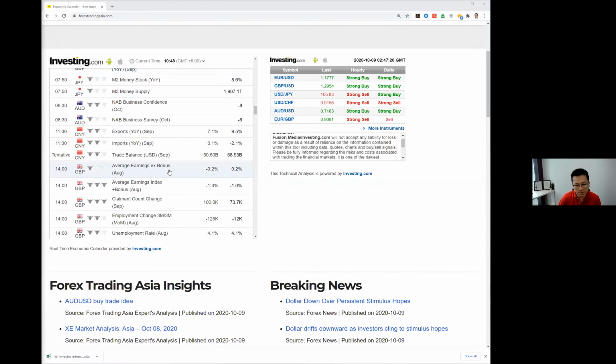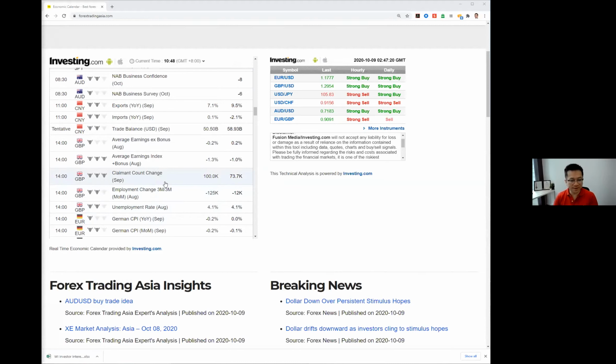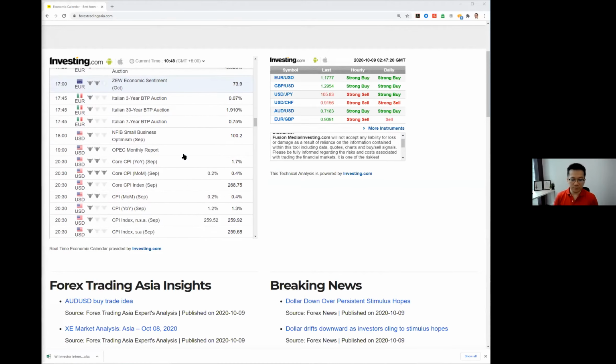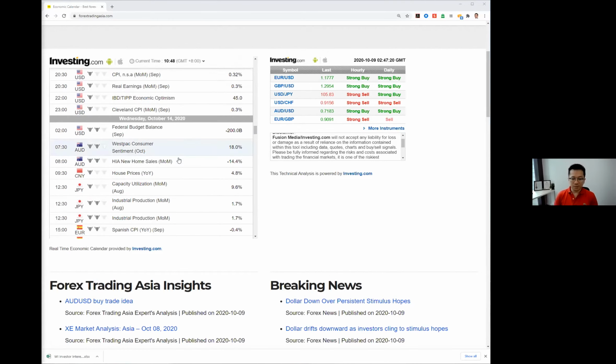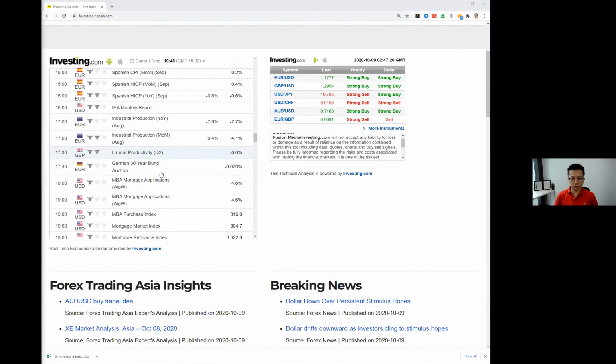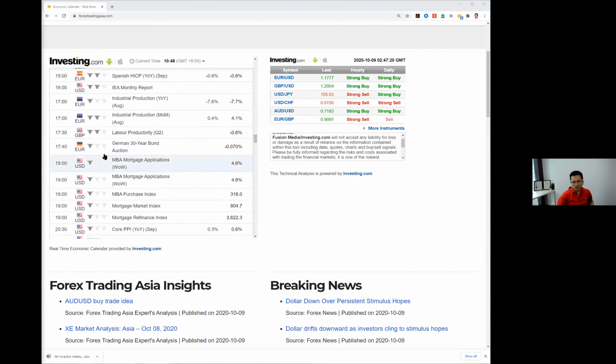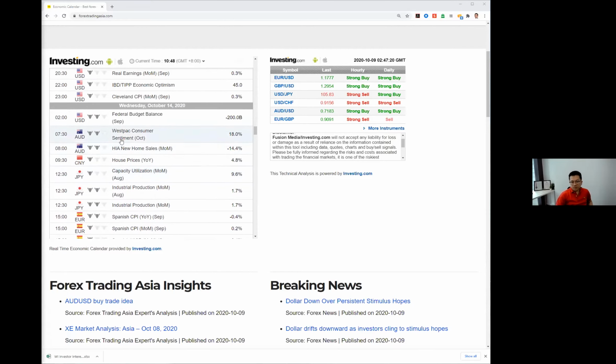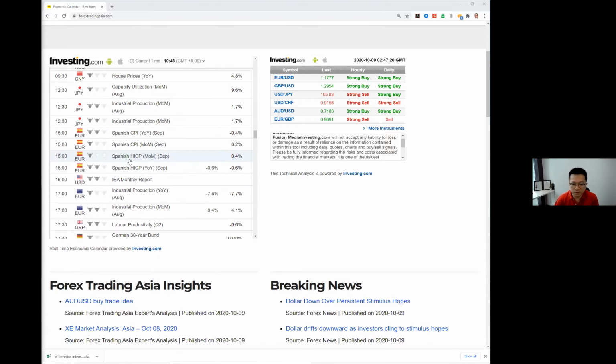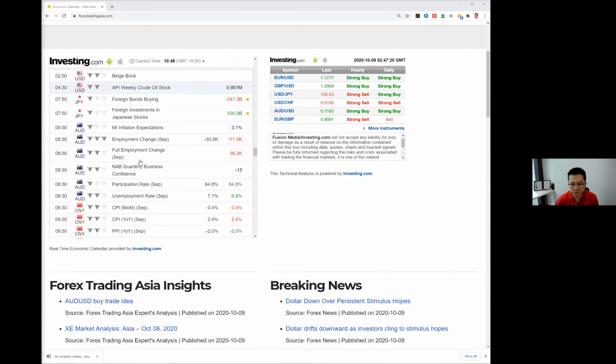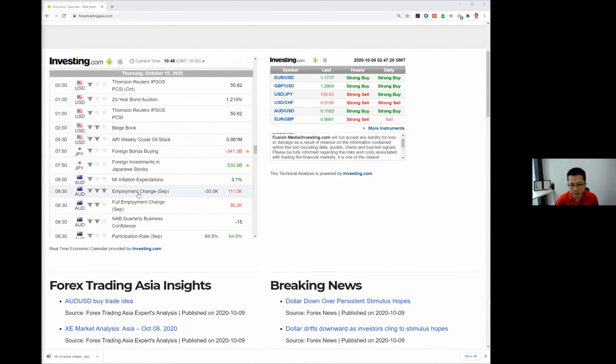Nothing super much that would change markets too much. Employment numbers coming from the UK. I'll tell you more about that when we talk about the pound next week. But the main thing you want to pay attention to is on Wednesday, we have the federal budget balance. So that might be quite interesting. And also the employment numbers. Oh wait, that's Thursday. Employment numbers for Aussie on Thursday. So if you're jumping into any Aussie trades, watch out for that on Thursday.